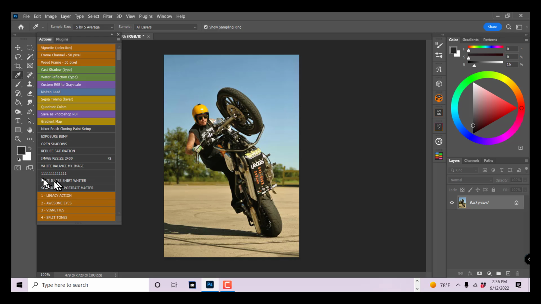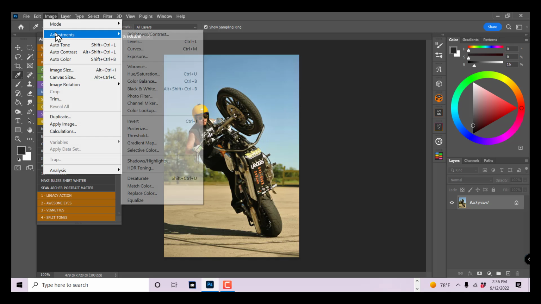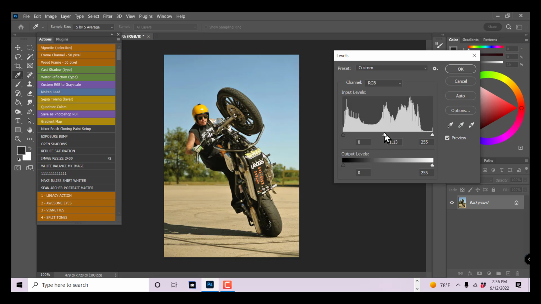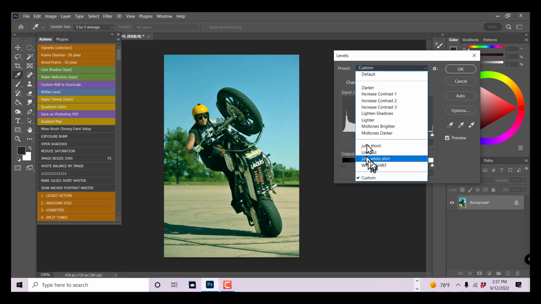I can set up a button on my action palette that, let's say, we call Fix White Balance. And I can go to Levels and do my adjustments to get the gray card where I want it, right? And then if I save that to Fix White Balance, every time I replace this file with a new series of images, my original button, whether I called it Make Julie's Shirt Whiter or Fix White Balance or whatever, is updating my action, so that I don't have to keep creating the action button, because I'm actually just substituting out however I'm saving this. And as long as I save it and give it the new name,